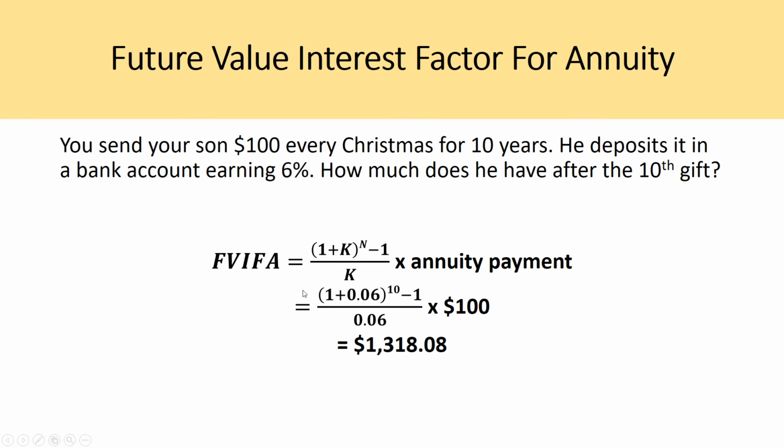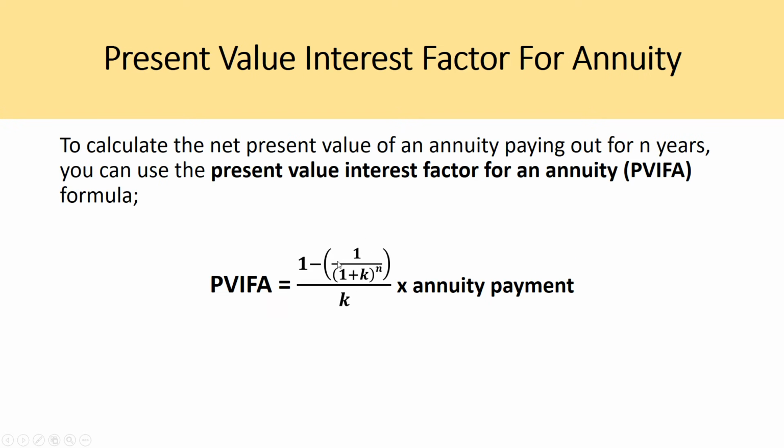So in the previous example, you saw that our 1 plus k raised to the power of n minus 1. So our 1 plus k is on the left-hand side. Now it's on the right-hand side, and so we're now actually subtracting it out of 1. So it's 1 minus 1 divided by 1 plus k raised to the power of n, all divided by k